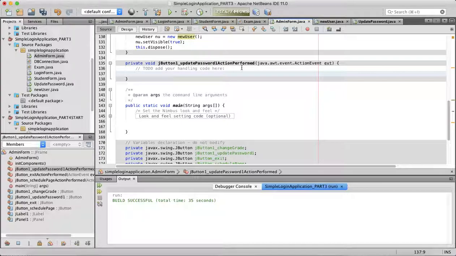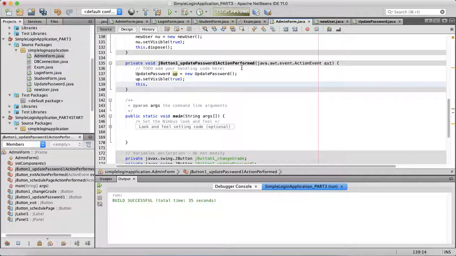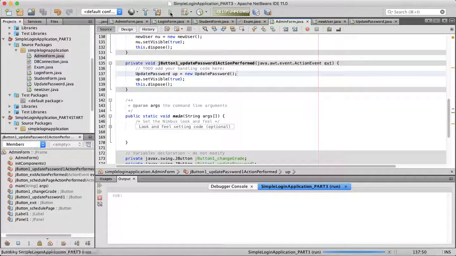We want to load update password, new update password, up.setVisible, true, this.dispose, and when we run it,